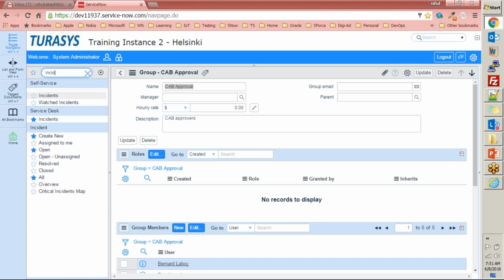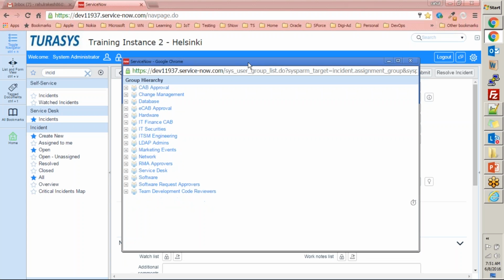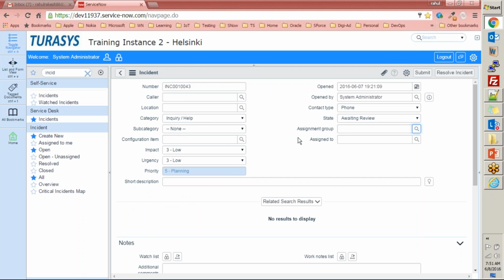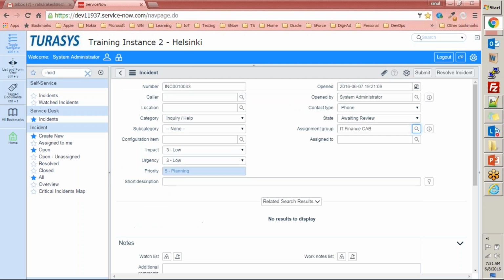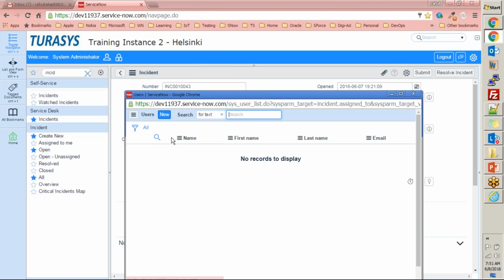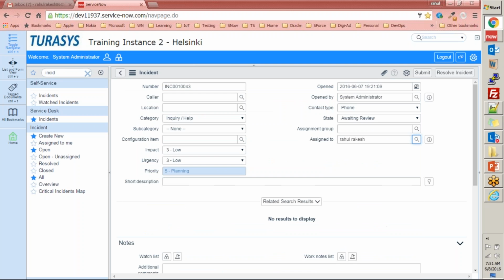And you would wonder, where do we get this group, right? So let's quickly go into the incident application. Since we talked about incident application, I'll quickly go into the incident application and I'll see this assignment group field, right? So this field will populate information from the groups. See, these are the groups that I can see there in the group table: cab approval, change management, etc. 1, 2, 3, 4, 5, 6, 7, 8, some 12, 14 groups we have, right? So you can either assign this incident to a group of people using this, or you can go ahead and pick any individual person from this assign to checkbox and assign it, right?